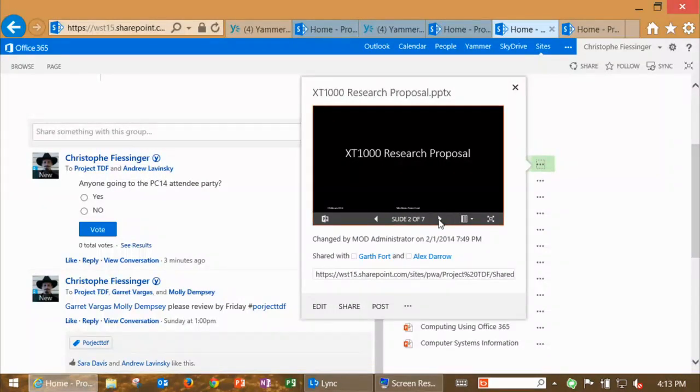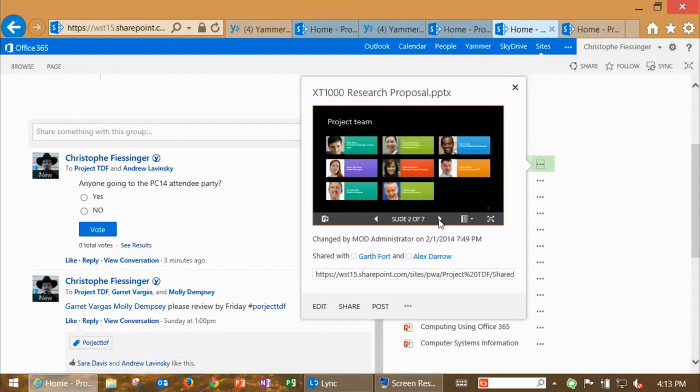So it's very easy to say, oh yeah, is this the document I'm looking for, right? That's powered by the Office Web Apps. And yes, I can do that across browsers. It doesn't have to be a beautiful IE. And for the sharing mechanism, like we discussed this morning, I can share this on the inside, but more importantly, I can share this on the outside.